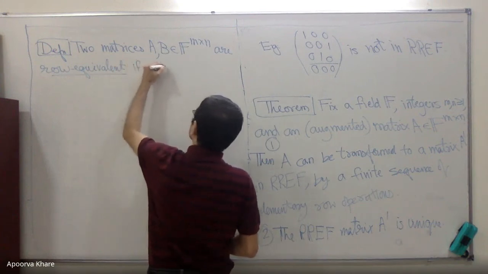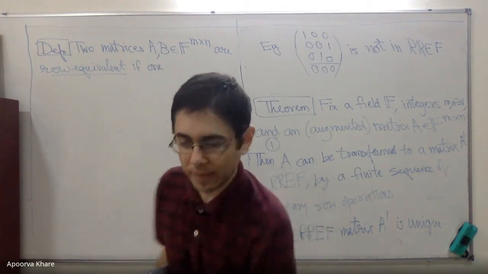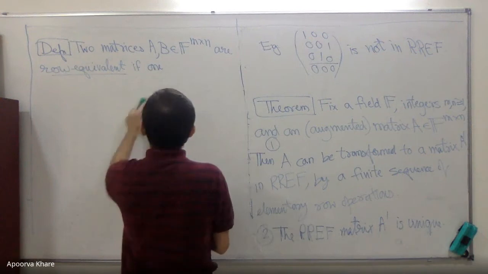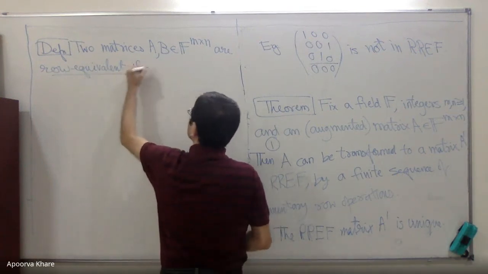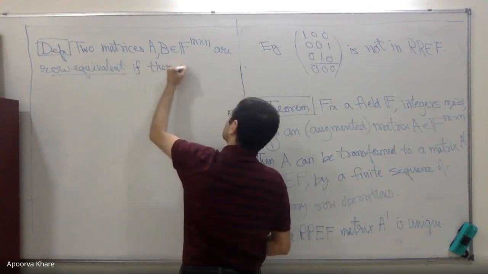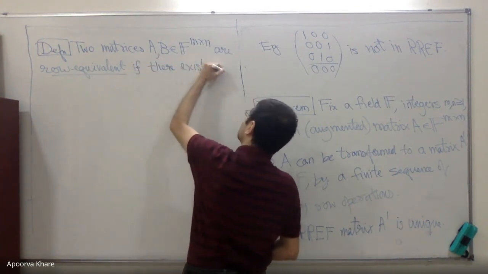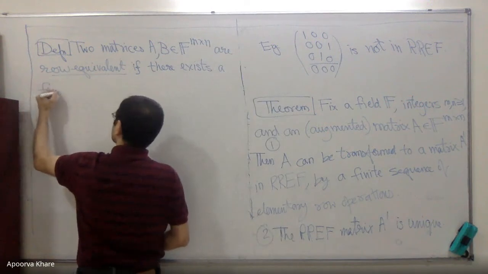That is, if there exists a finite sequence of elementary row operations